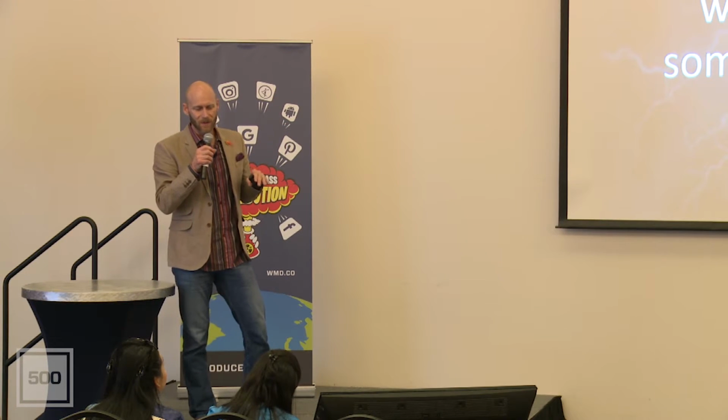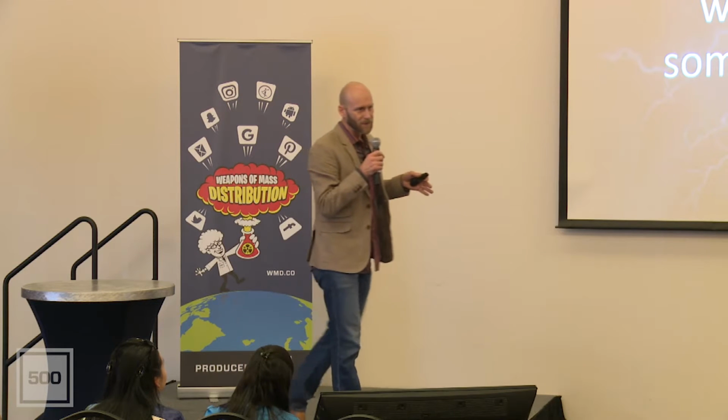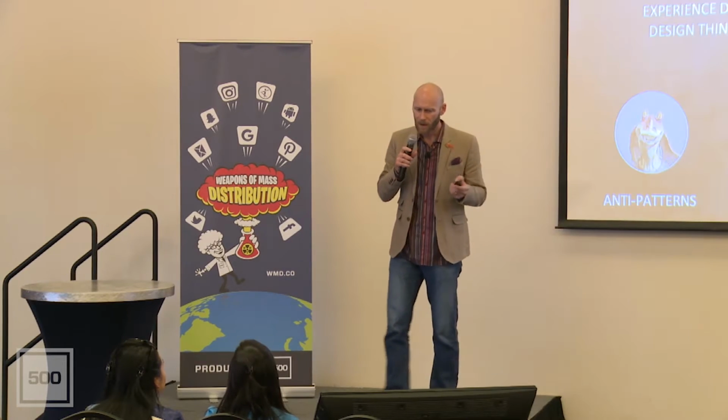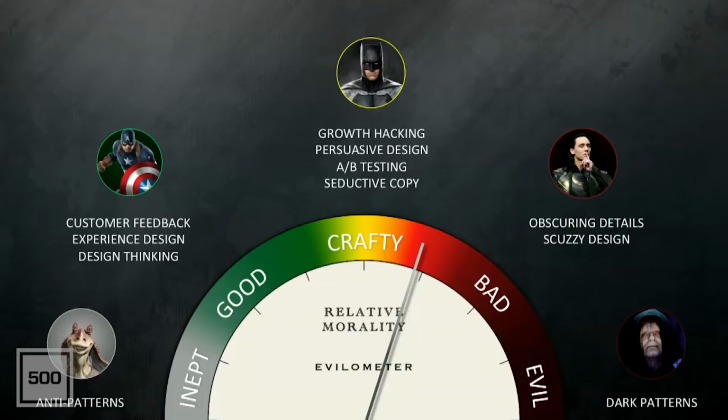But I thought it would be helpful, as we look at some visual examples of dark patterns of usability, for us to have a shared frame of reference for how to evaluate these things. So I came up with what I'm calling the evilometer. At the base level here with good and evil, we're in the Star Wars universe. You've got people who just don't know what they're doing. That's your Jar Jars, right? And then you've got the Emperor over on the evil side.